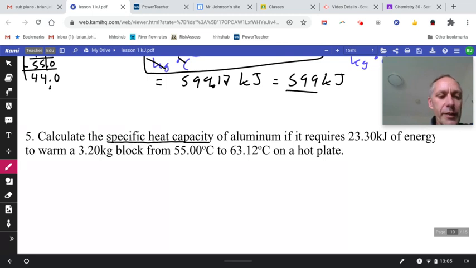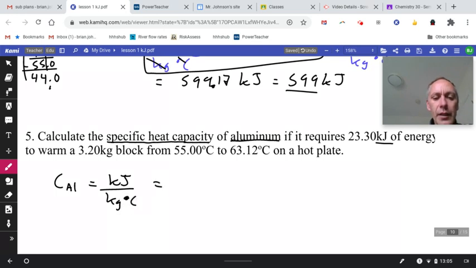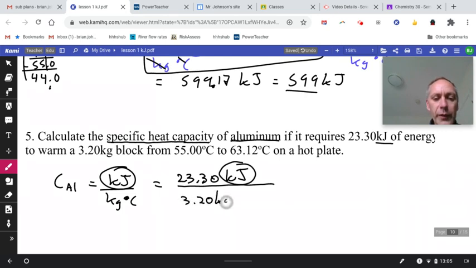Okay, calculate the specific heat capacity of aluminum. So I am going to be looking for, and I see kilojoules, kilograms, so we'll go kilojoules per kilogram degrees Celsius. Okay, plug them in. 23.30 kilojoules on top. And the other 2 units go on the bottom, 3.20 kilograms. And degrees Celsius also goes on the bottom, 63.12 minus